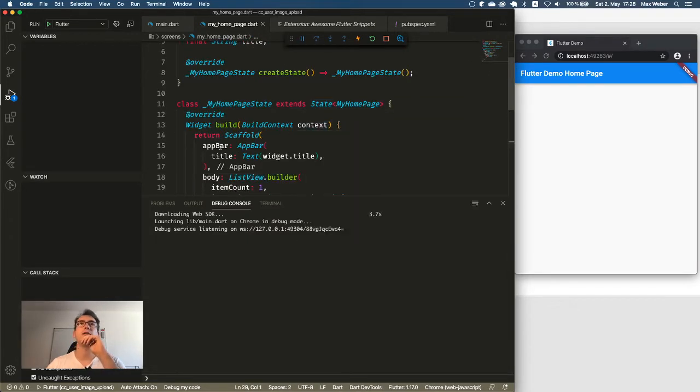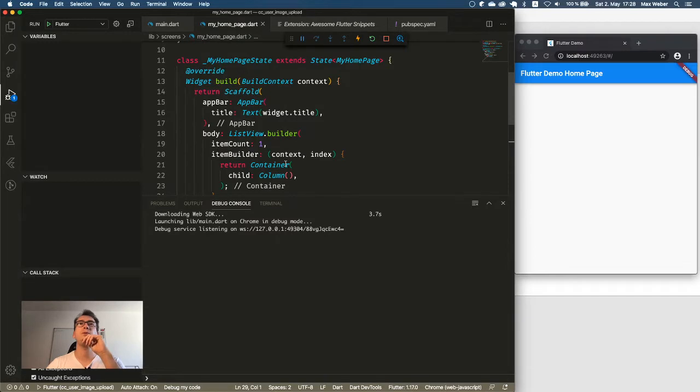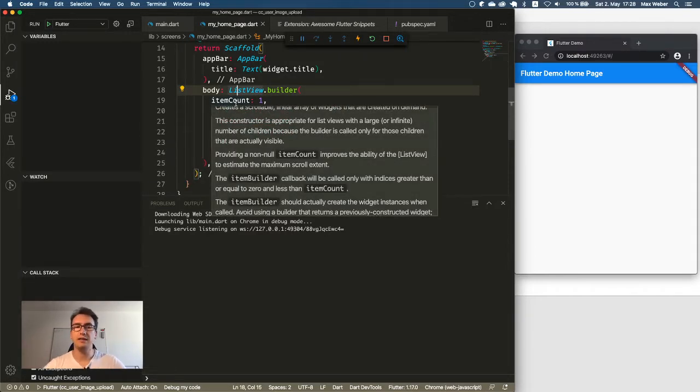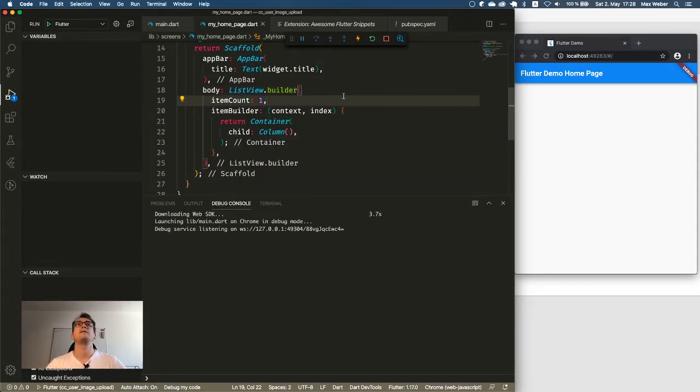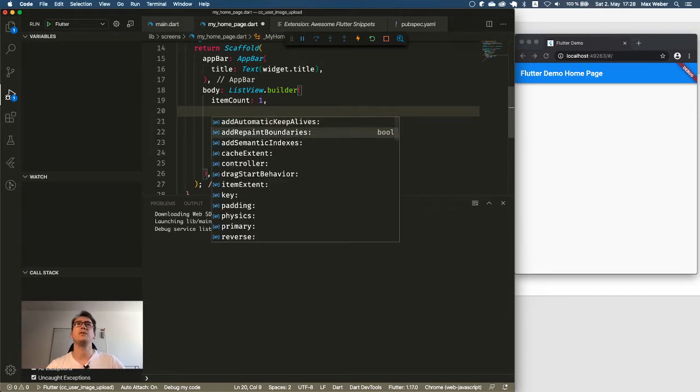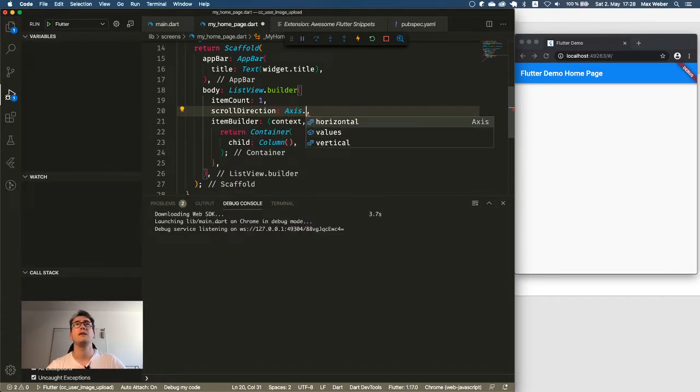And now we have that stuff, and we see our list view builder. If we have a standard list view, it will always create it in a column. Now we want to have it more on the other axis, right? For that I think there is a possibility, the scroll direction, and this gets an axis, and we can say horizontally or vertically.